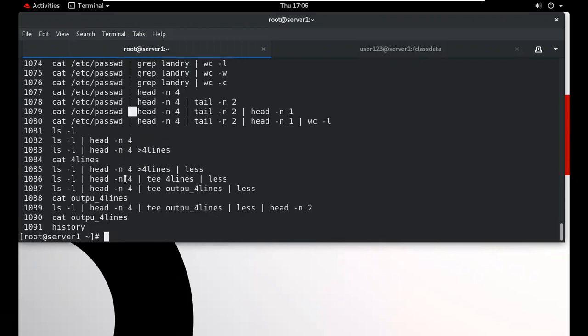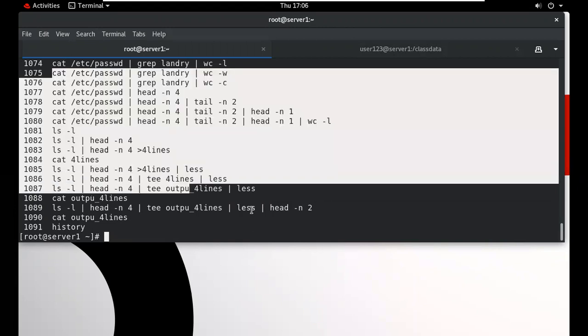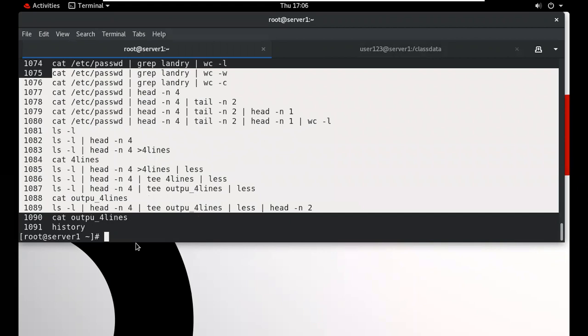Now, on the next command we want to use the tee command. This is the output of this particular command, and this is another command, and tee is used to save one copy in the file and another copy on the screen. And from the screen we want to filter also. So these are all the commands that I have discussed.